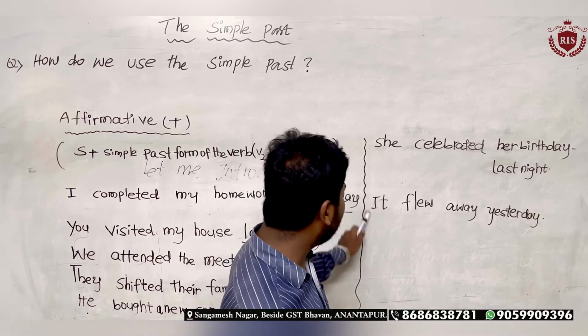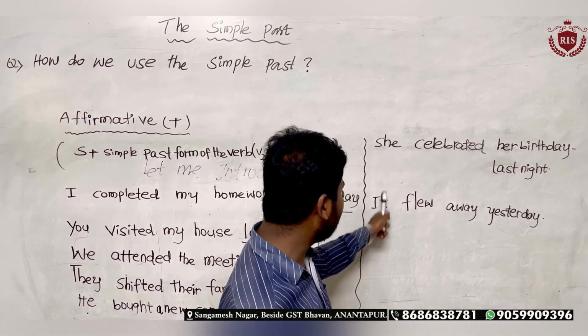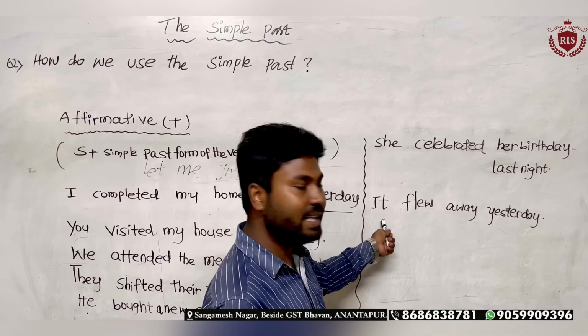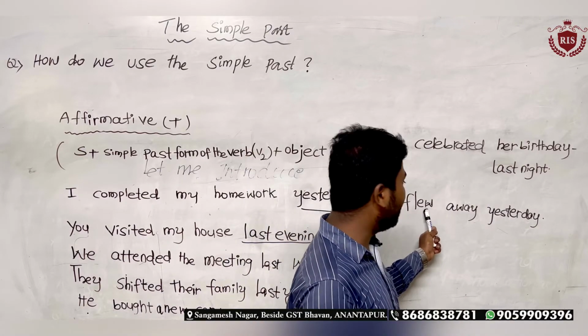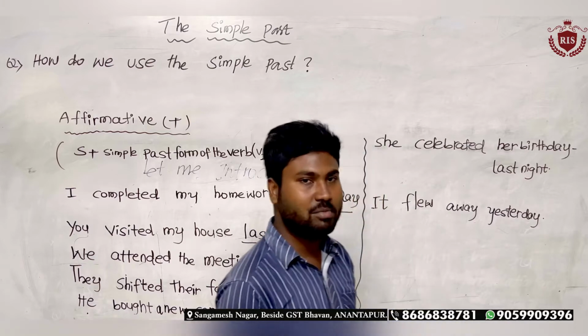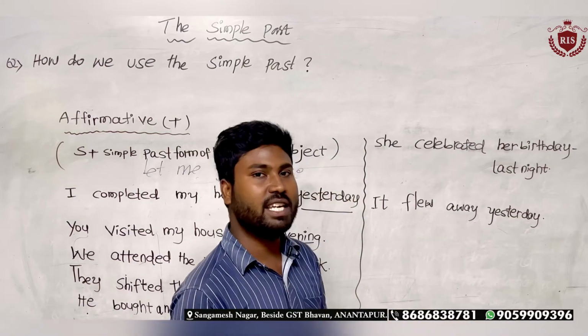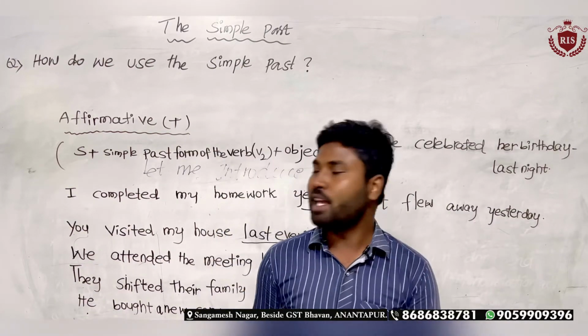Next, even for the pronoun it, in the place of subject we have used the it pronoun and flew. Here we have used the V2 form of the verb. Away yesterday is an object. Yesterday again is the keyword in the sentence. Okay, if you observe here,